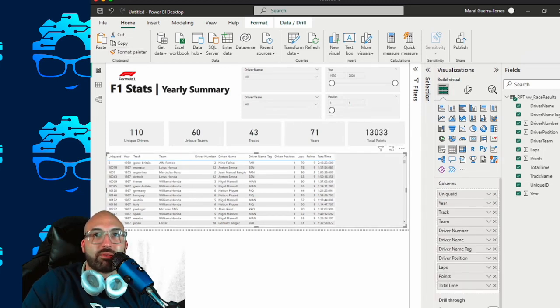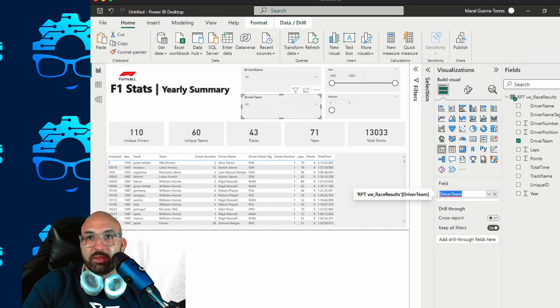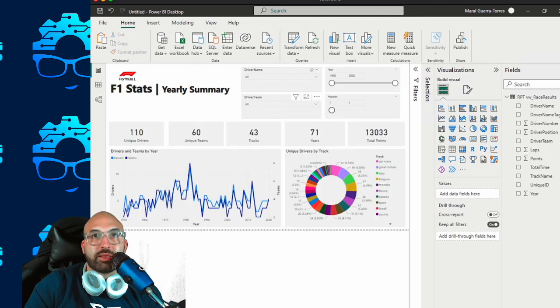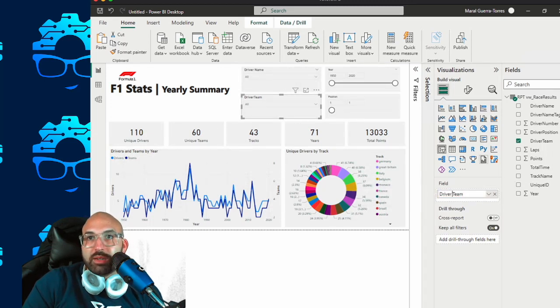All right, there's the background. It's in gray. Technically, we can add any other columns that we want here as well. Driver team, it looks like I didn't add the space here, so I'm just going to change that to team, and then driver, just call this one driver. Driver name is fine. And then over here, it looks like I forgot that too, so I'll make sure it gets done here. And I think I know what we're going to end up putting down here